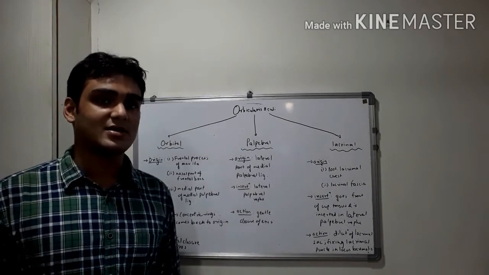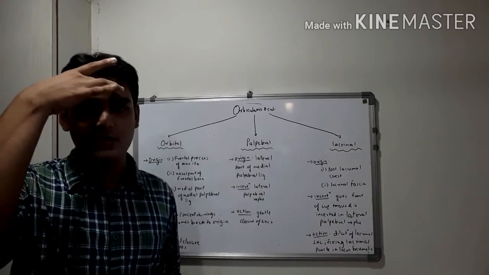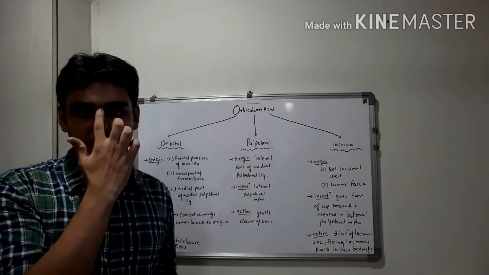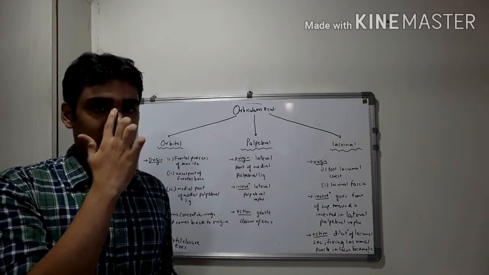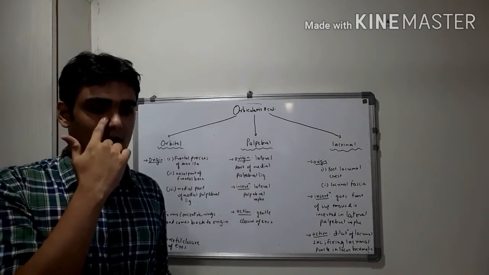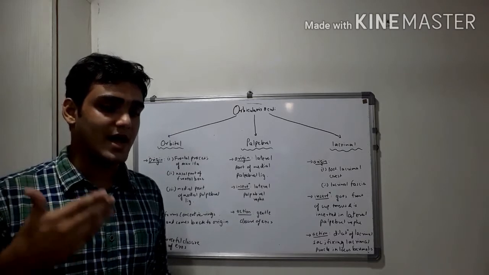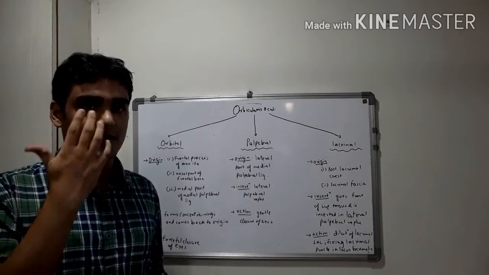So all the three structures are medial ones, as this is the frontal bone, right? And probably here is the nasal part of frontal bone, and the frontal process of maxilla is also probably here. And the medial palpebral ligament is medial only. So the origin is medially.